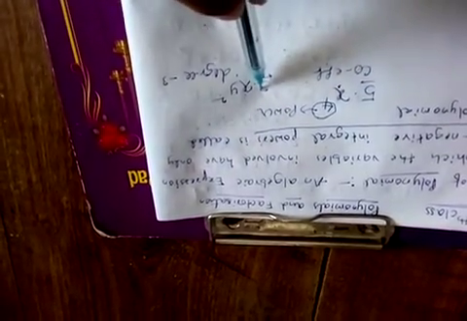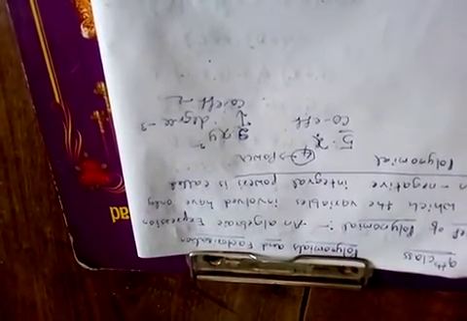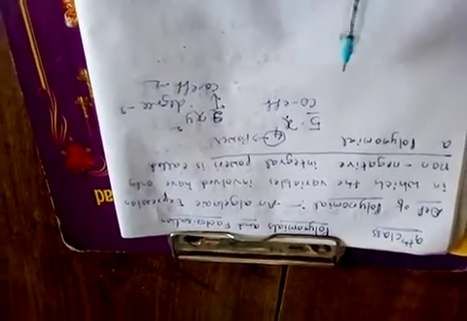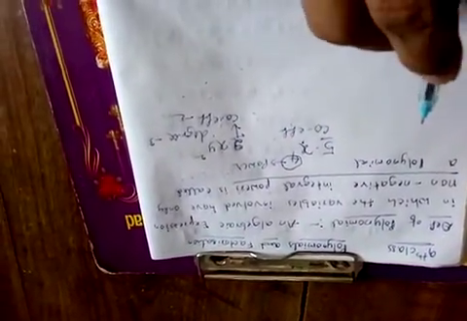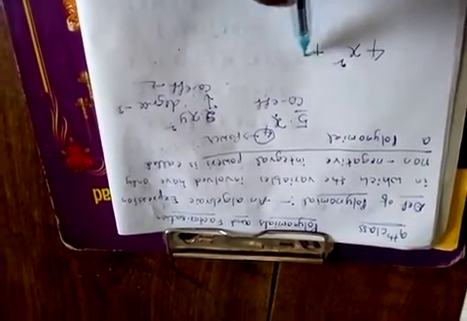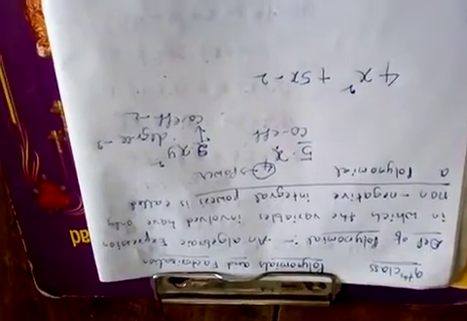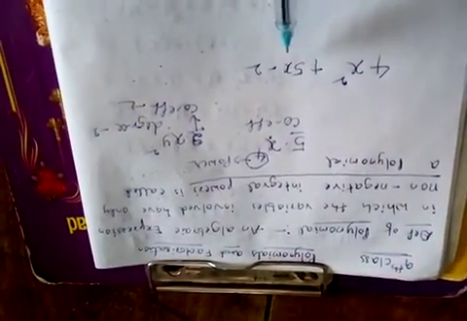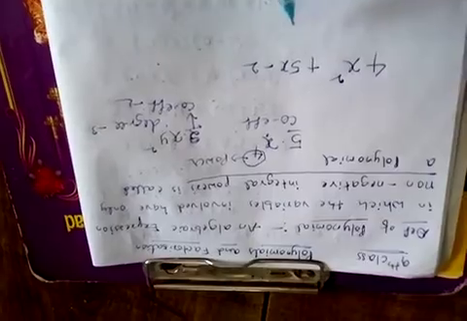If I change the coefficient to 2, what is the coefficient? 2. So now you can understand what the coefficient is, what the degree is, and how to find the degree of a term if the term contains a product of variables. Now let us go for the polynomial definition. I am taking one algebraic expression, 4x square plus 5x minus 2. Now let us check whether this algebraic expression is a polynomial or not.